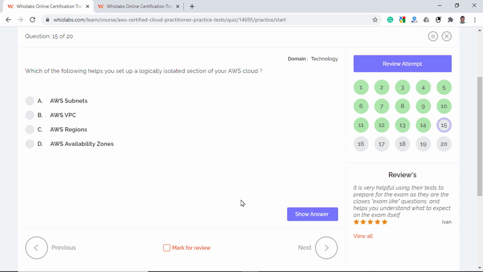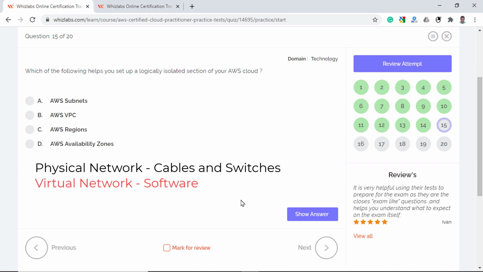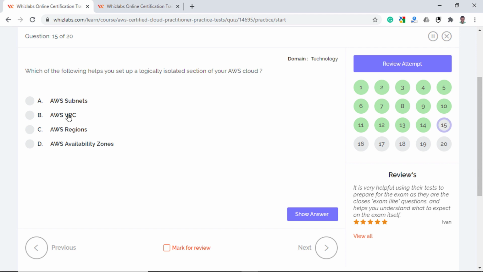Which of the following helps you set up a logically isolated section of your AWS cloud? An Amazon Virtual Private Cloud, or VPC, is a kind of physical network at your data center, just that it is on the AWS cloud and you access it via the internet. Well, it is called a virtual network because, unlike the physical network that connects the computers with cables and switches, a virtual network provides the same capabilities with the software. Amazon VPC is the right answer to this question, as it is dedicated to your AWS account and logically isolated